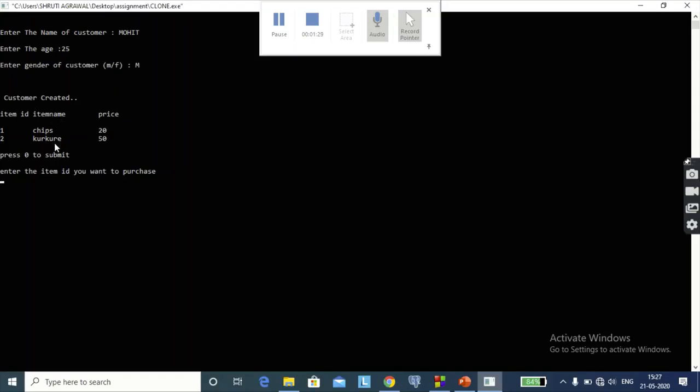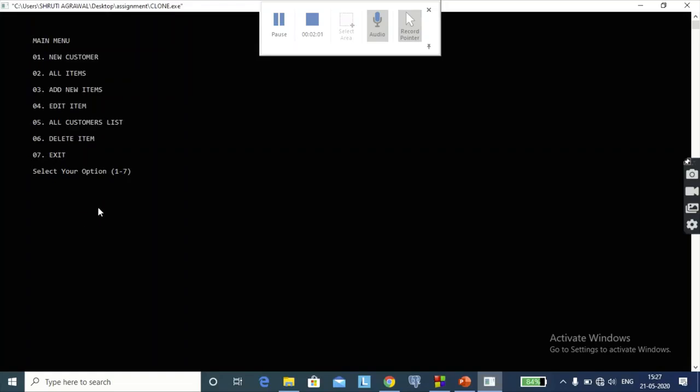I have already added 2 items in the canteen item list. So I just want to buy 2 kurkure in this case. I will give the item ID. The item ID of the kurkure is 2. It is asking the quantity, so I will also give 2, and then I just want to submit it. I will press 0, and now you can see it is generating the bill of 100 because 1 kurkure is 50 rupees, so 2 will be 100 rupees.